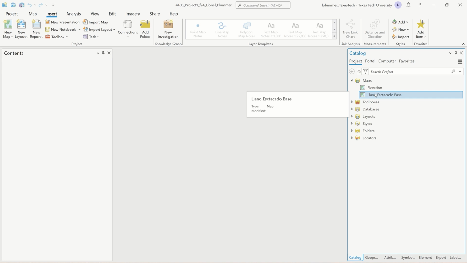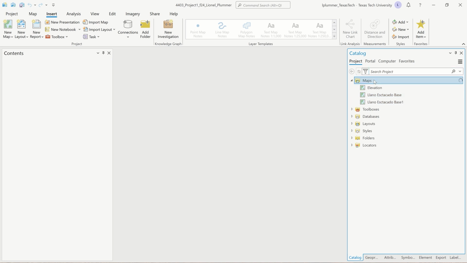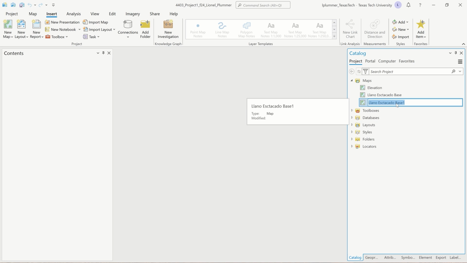So just do a Control C and then come up here and do a Control V. Okay, you need to just select on that. Okay, immediately when you make a new map or a layout, you want to rename it